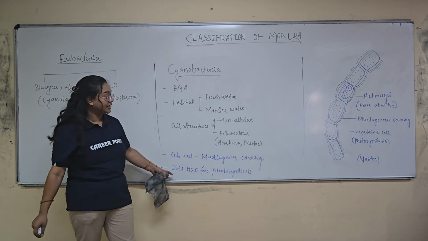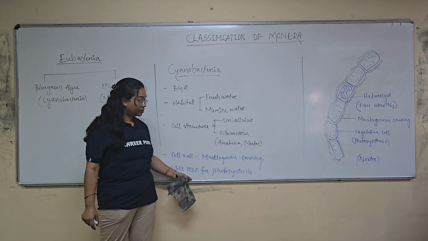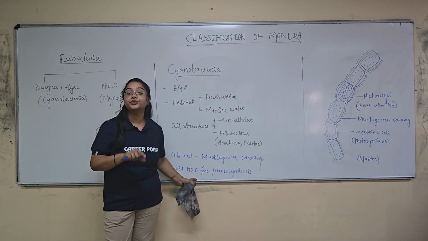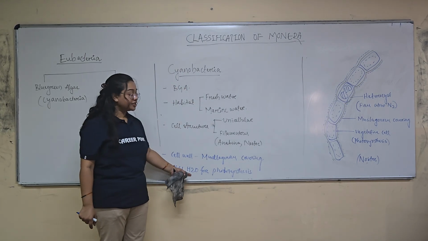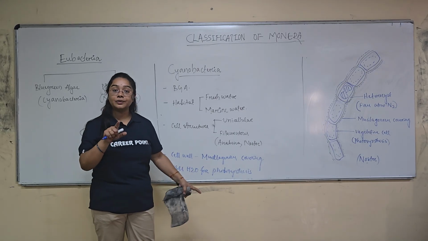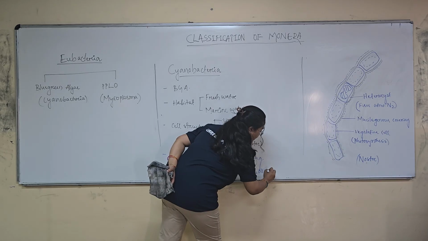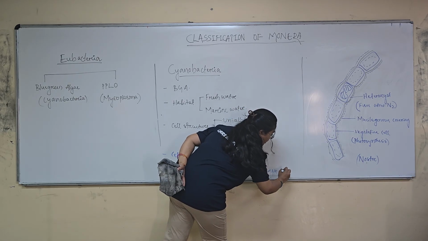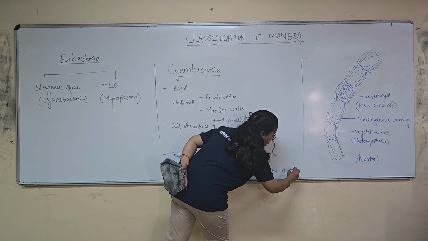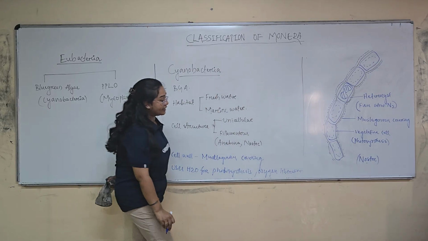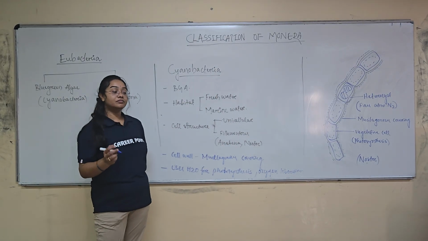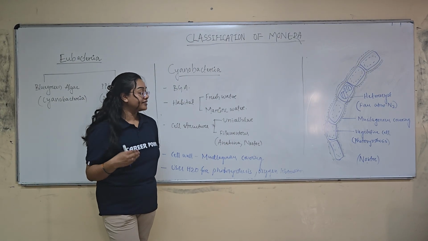This is the first time an organism used water for the photosynthesis process. By using water for photosynthesis, there will be oxygen liberation. So it can be believed that today's plants that are releasing oxygen